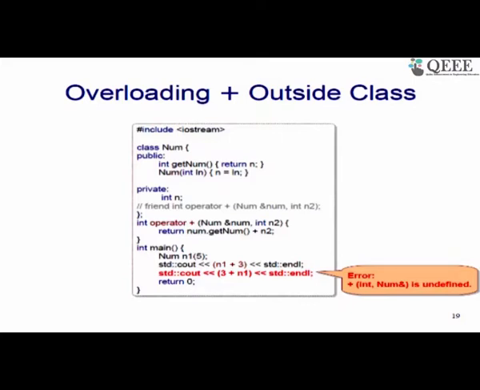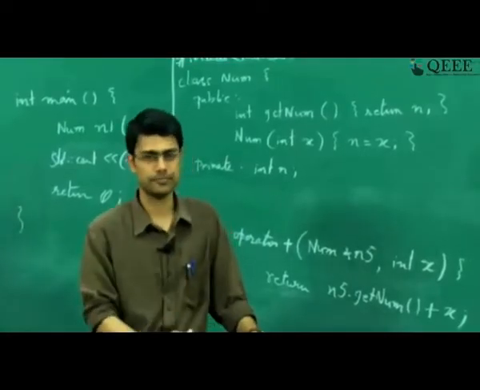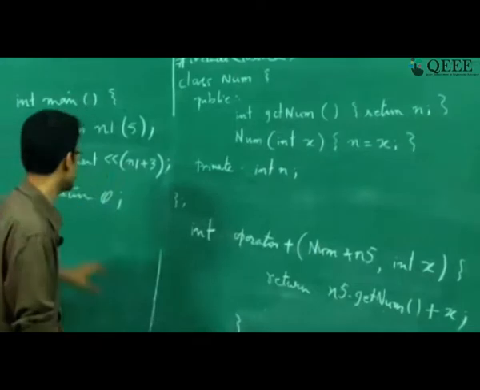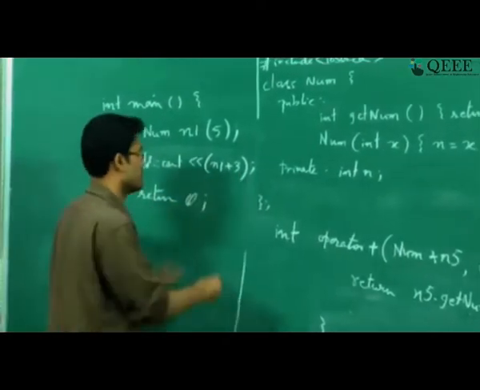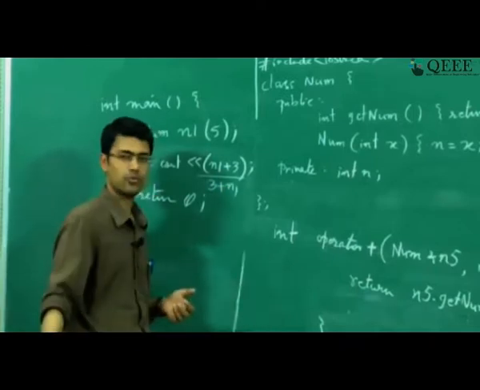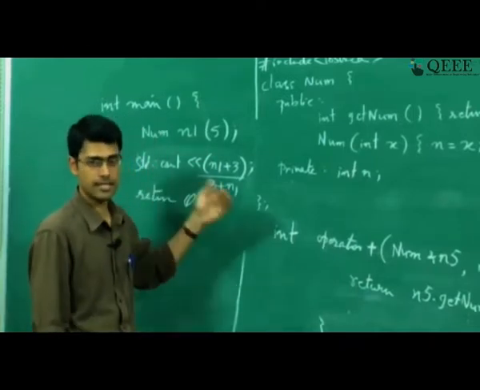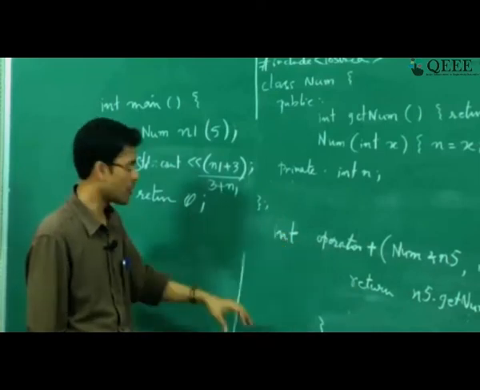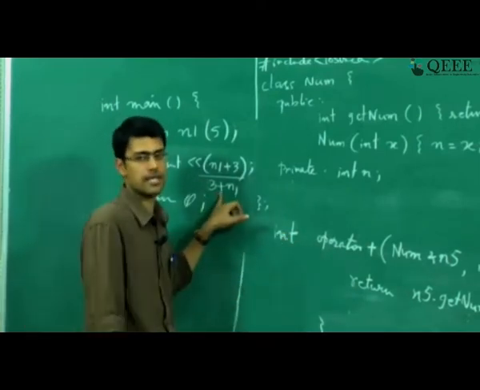So that is a logical implication, and since we are talking about readability of the code, when you can do n1 plus 3, you should also be able to do 3 plus n1, right? So when we are able to do n1 plus 3, you should also be allowed to do 3 plus n1, and it should give exactly the same result, because the logic of plus says that